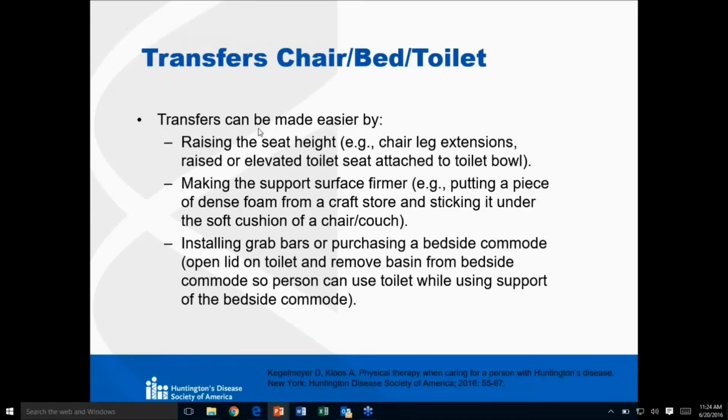Transfers will become difficult in late stage. They can be made easier by raising the seat height. You could put extensions on chair legs or use raised or elevated toilet seats. Another way to make transfers easier is to make the support surface firmer. Many individuals we talk to have difficulty getting up from soft couches or beds, and so you could have the caregiver perhaps buy some dense foam